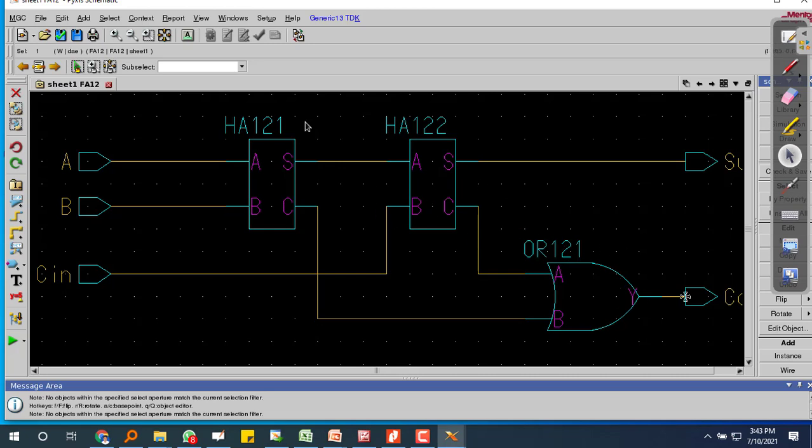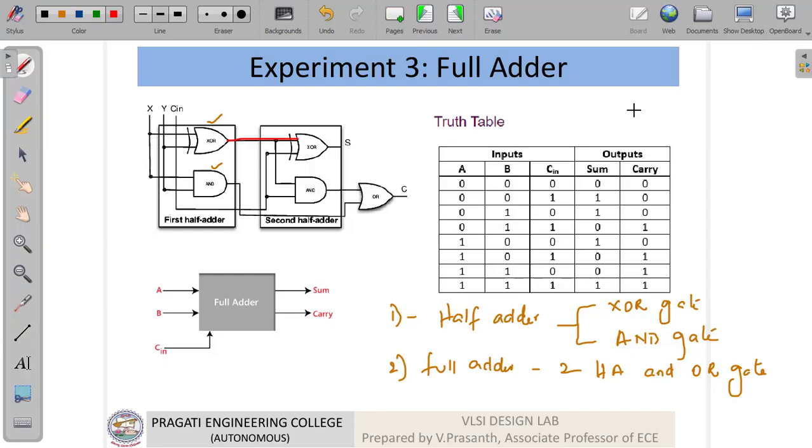Once everything is given, see, you check it. Your first half adder sum is given to the next input, and also your carry is given to the OR gate, and also the carry of the other one is given to the OR gate.